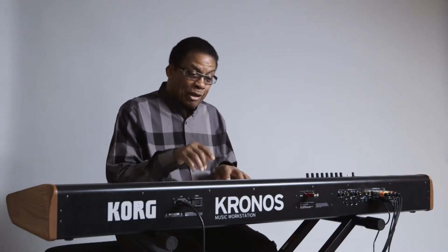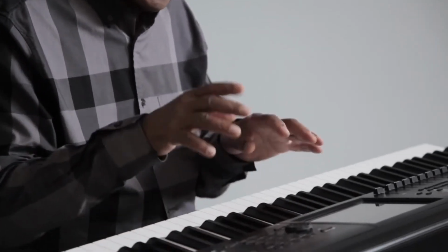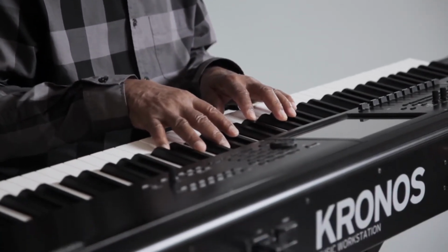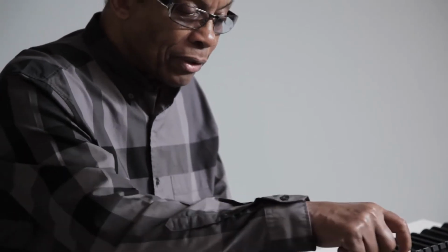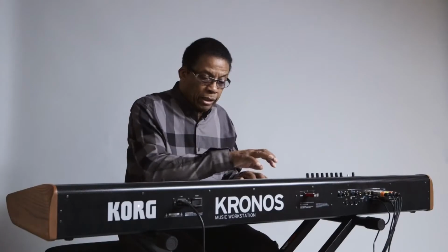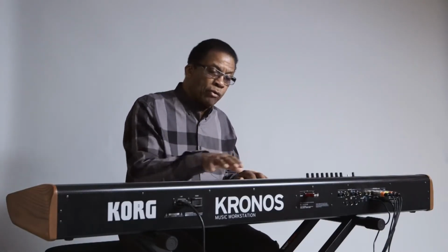It's great to be able to have your favorite sounds, put them on the set list. You can put them in any order you want. You can put colors on them so they're easy to identify. You can change the size of the font because you're reading text. And also have other comments that can explain whatever you may need to have documented,